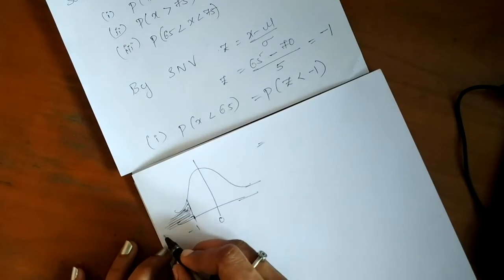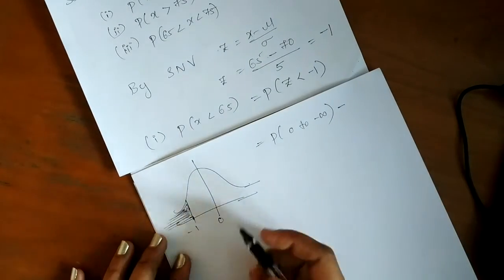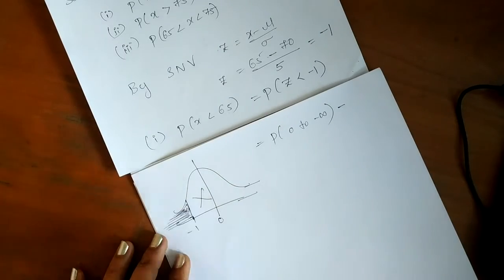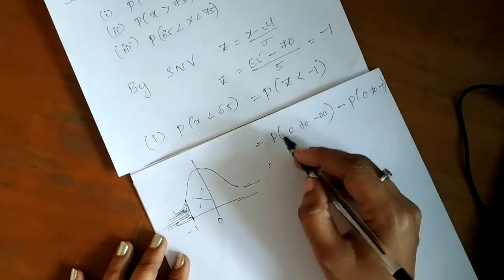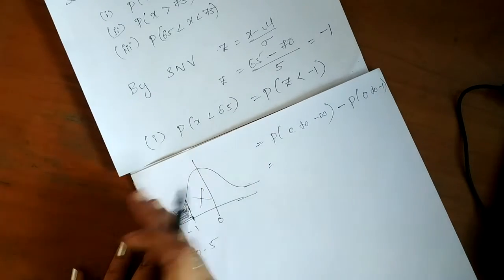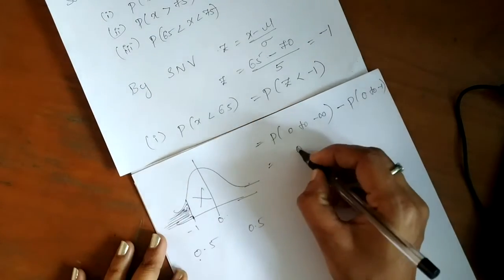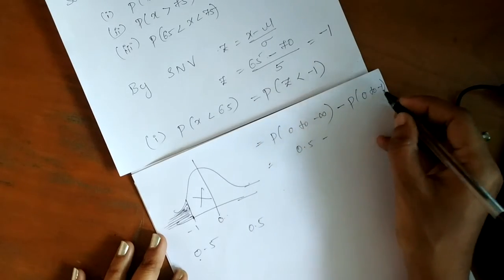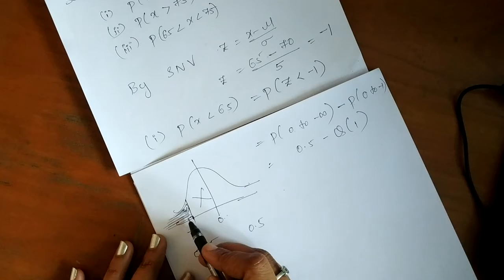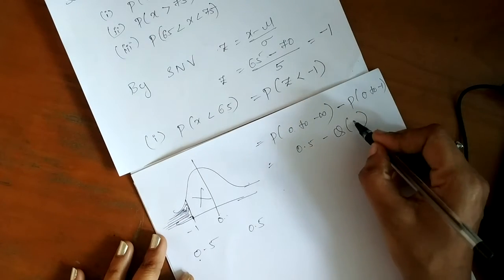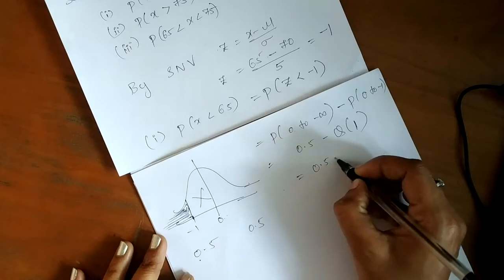See, from 0 to minus infinity, probability of 0 to minus infinity, minus, in this you have to subtract this area. What is this area? This area is 0 to minus 1, probability of 0 to minus 1. Now 0 to minus infinity is written as 0.5, right? 0 to minus infinity is 0.5 and 0 to plus infinity is also 0.5. So 0 to minus infinity I am taking as 0.5 minus probability of 0 to minus 1. 0 to minus 1 is Q of 1. Again I am telling you, it is the area we are finding, so it can't be negative. For that sake we are taking positive only. So it is 0.5 minus Q of 1.